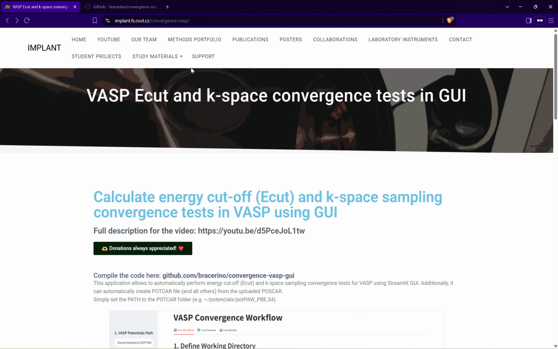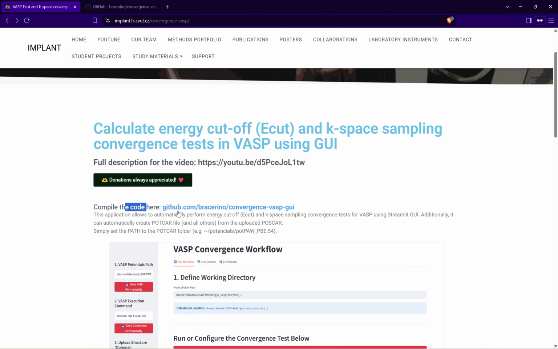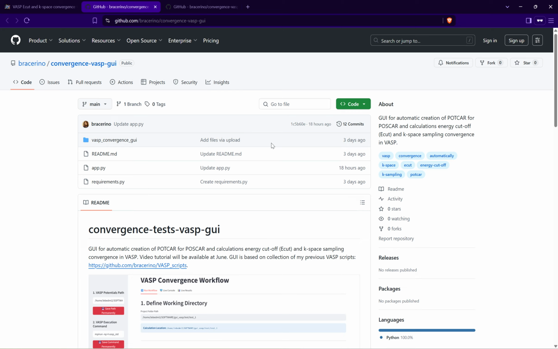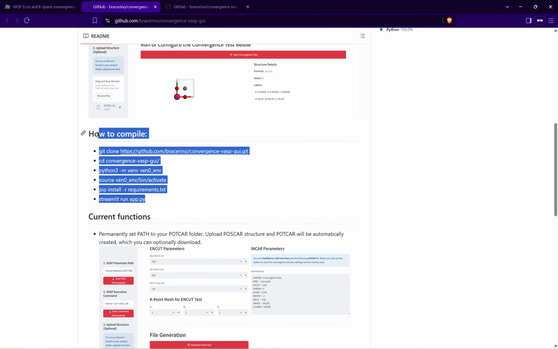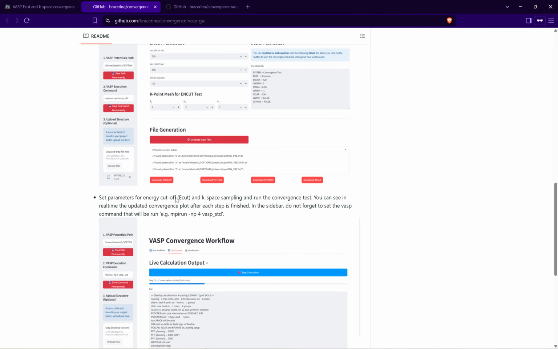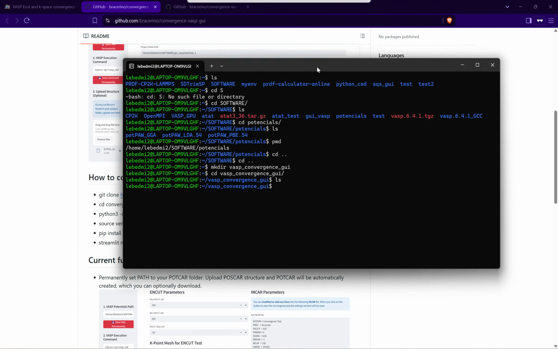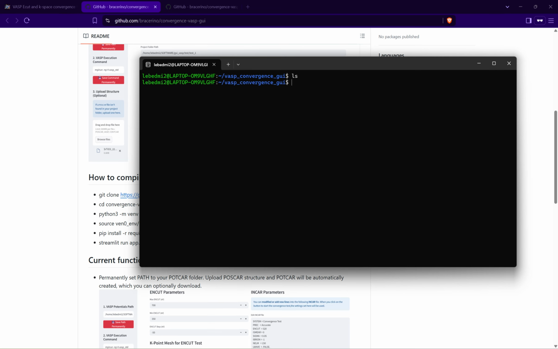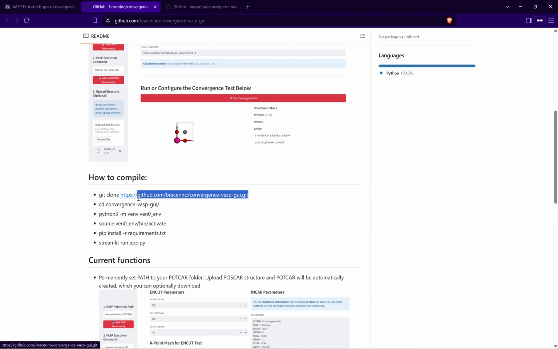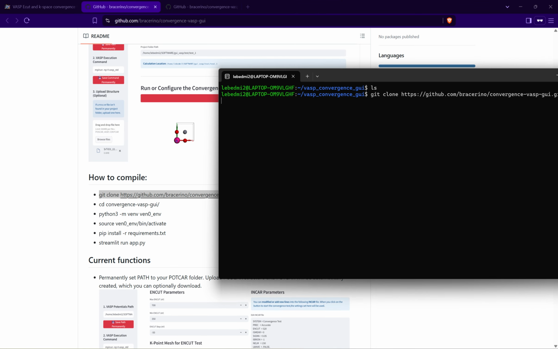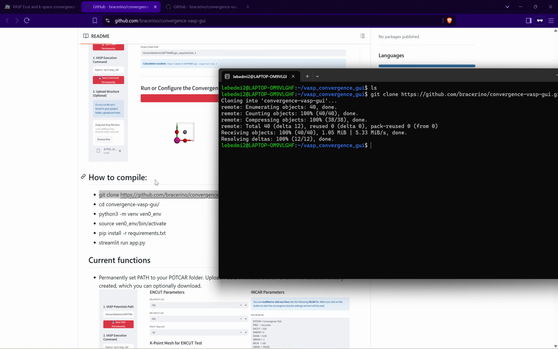And then here also. And then if you open the GitHub page, let me open this link. There is a short tutorial on how to compile it. So let me quickly do it, and I will open my console, and I have an empty folder, so I will compile the code here. First I need to download this code. It will take a few seconds. Okay, it's done. Now I will open this folder,